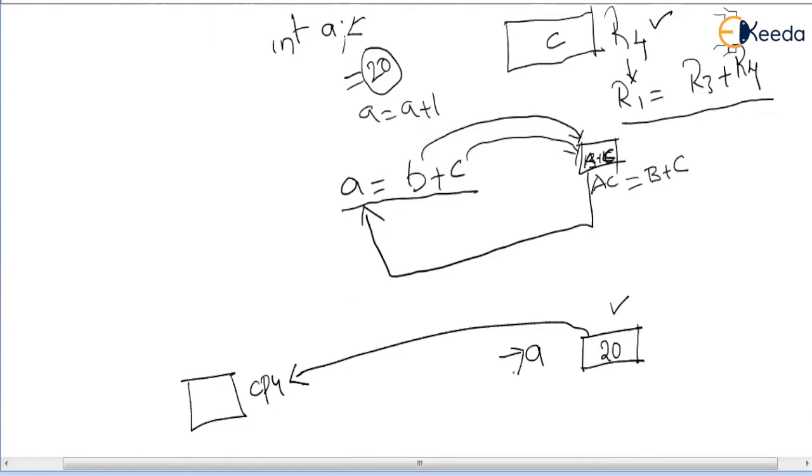For that reason, we need to have several registers available in the CPU. In the single accumulator organization, we have only one register, the accumulator, to handle any number of variables. But in general register organization, we have a huge number of registers that can support all of your variables simultaneously. This is the advantage of general register organization over single accumulator organization. Let us get into the connections of general register organization.